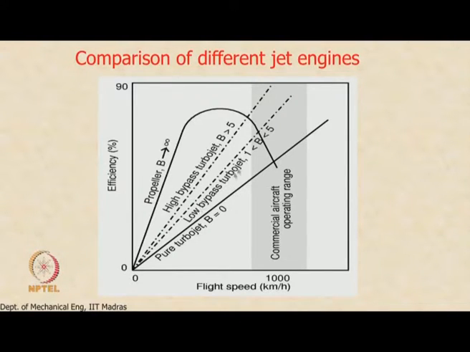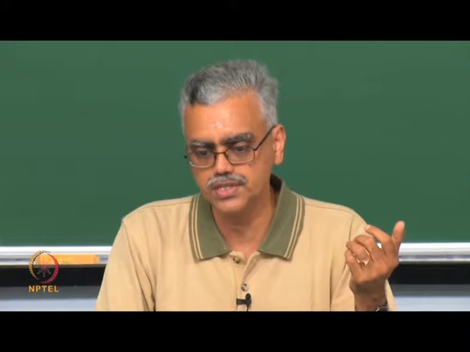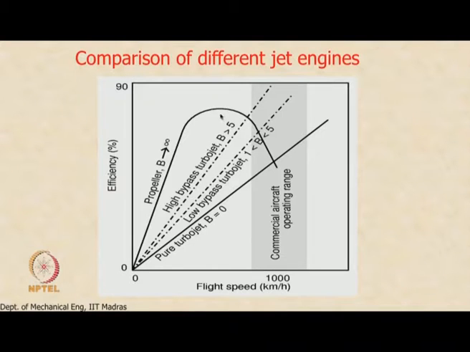Okay. So, you can see that low bypass engines, where the bypass ratio is less than 5 but generally greater than 1, have efficiencies at these flight speeds comparable to the peak efficiency of a propeller. Okay. In fact, if you go high bypass, you can see that for these flight speeds the efficiency is even greater than the peak efficiency of a propeller. In fact, if you move into the ultra high bypass ratio, the efficiencies will be even higher than this.